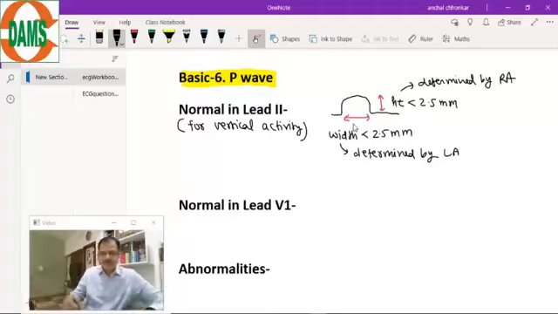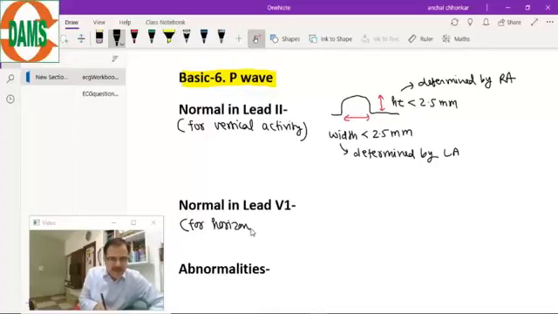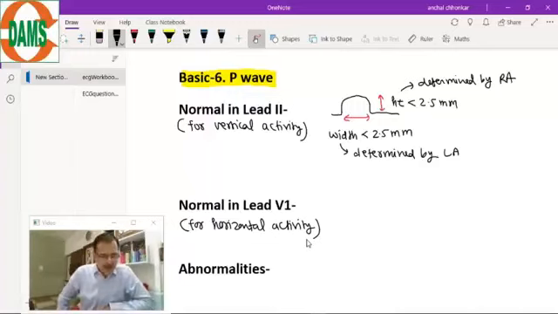All right. So now come to the V1. So V1 lead is for horizontal activity of the heart. The horizontal activity of the heart is from endo to epicardium. So normally in lead V1,